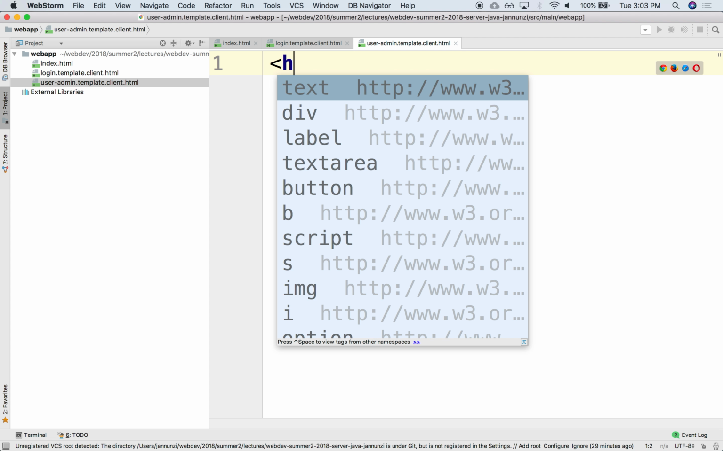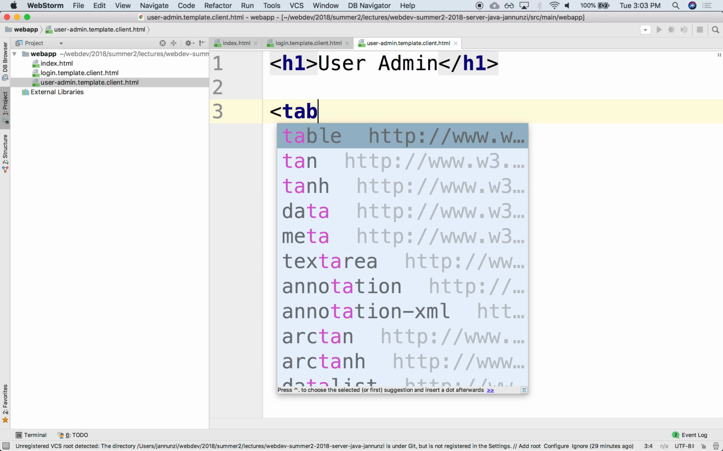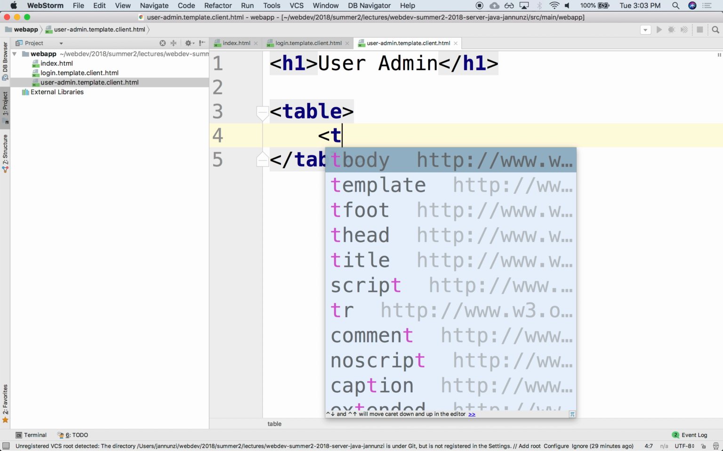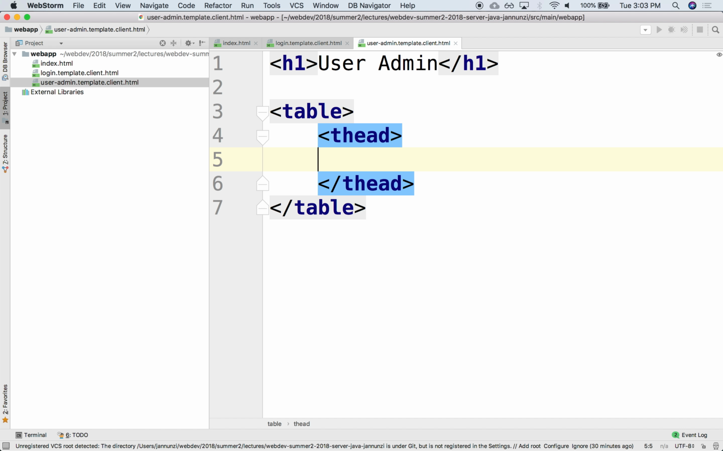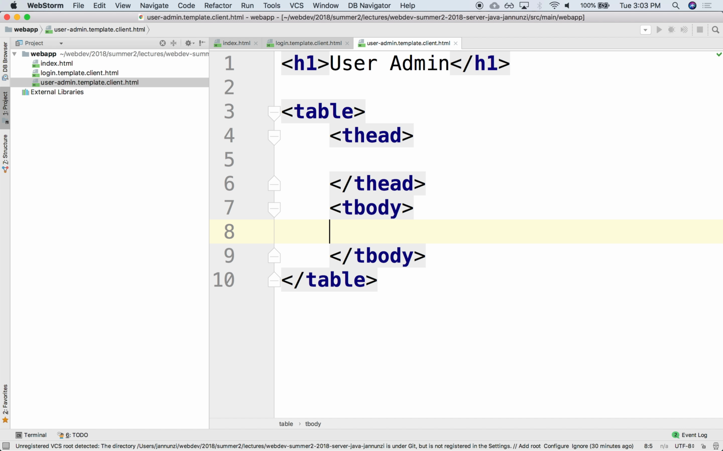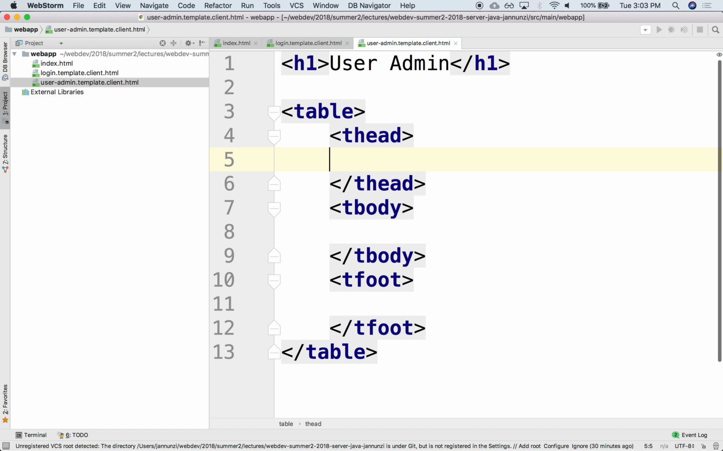All right, so here we'll call this user admin, and we'll create a table. And the table, oops, we had a T head. The tables have three pieces: the table head, the table body, and then the table footer. The table head is where you would put all your header information, and you have a T body. I very seldom use the T foot, but this is where it would go, if you had something there. So in the T head,